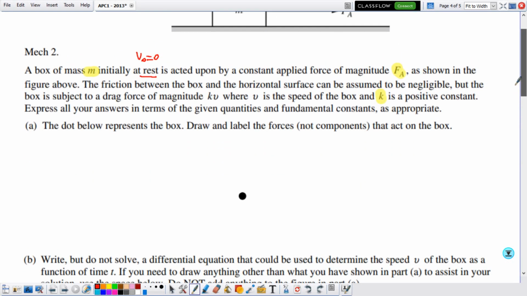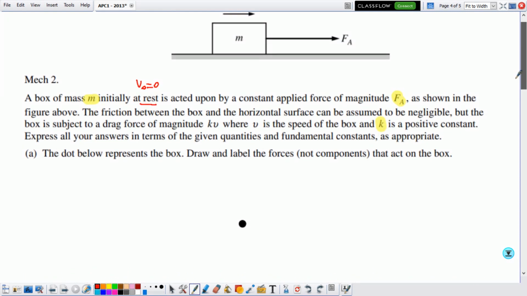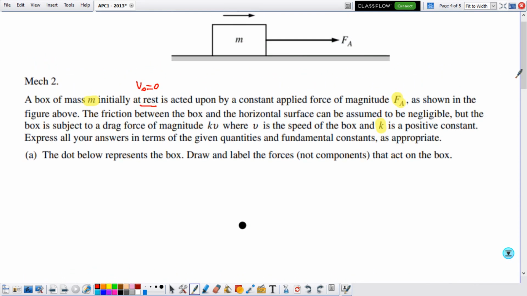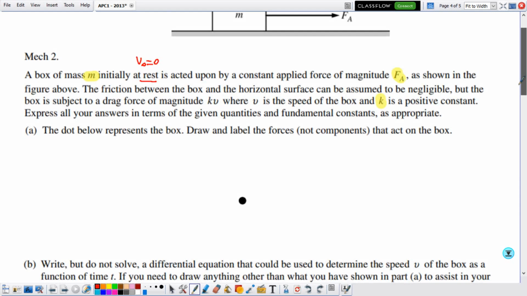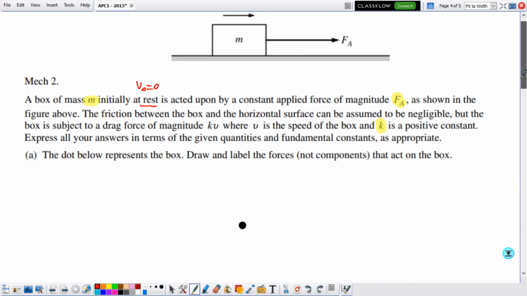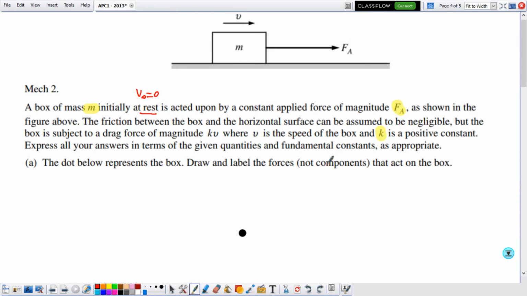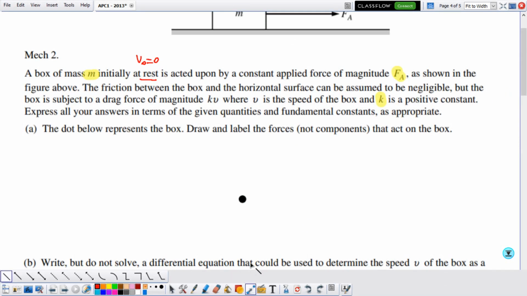Then the dot below represents the box. Draw and label the forces, not components, that act on the box. They didn't give us much instructions about how to draw the FBD. That's fine, because we know that the forces must be represented by distinct arrows starting on the point and pointing away. Because the box has a mass, it will be subjected to the pull of gravity, which is down,